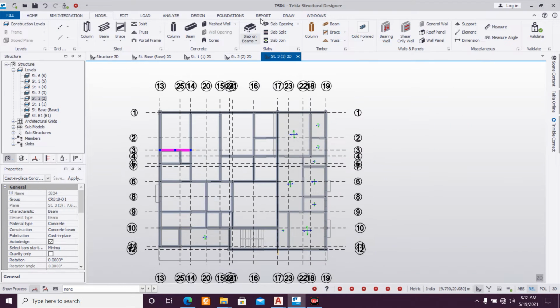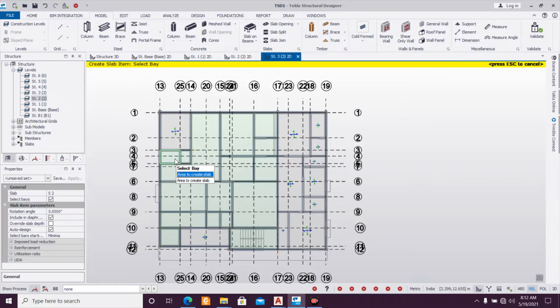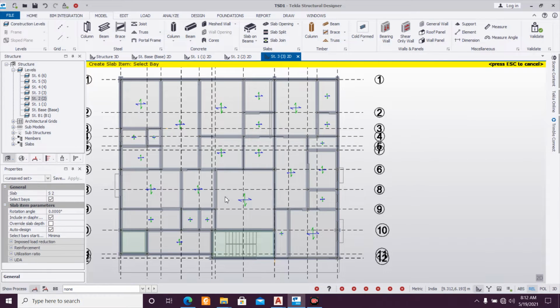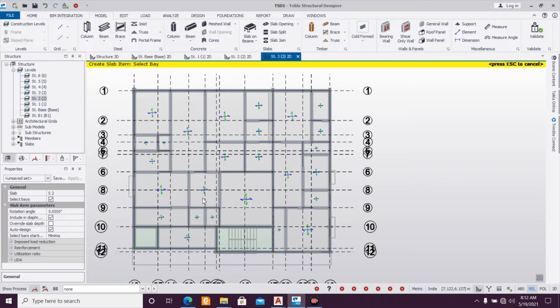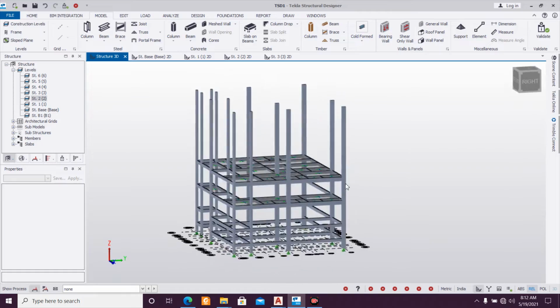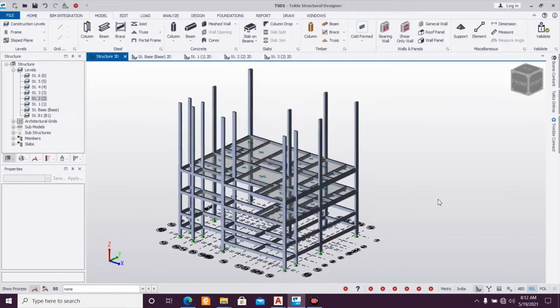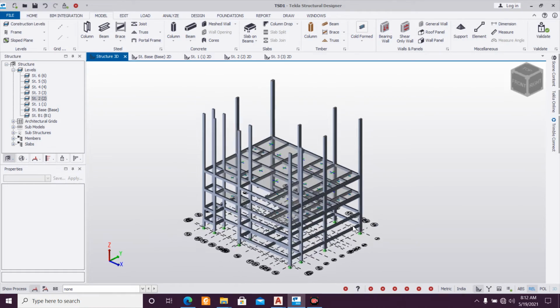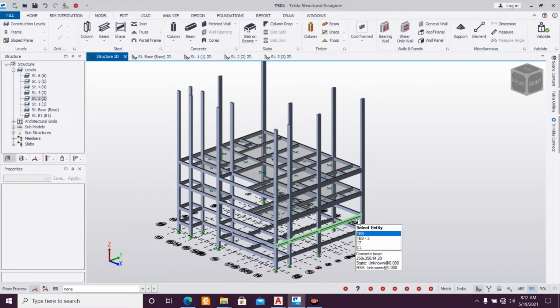So once this is done, just take the slab on beams and just put the slabs here. I'm just going to take the slabs for the self weight. I don't want it for any other purpose. So the slabs have been given, and after that I'm just checking the structure in 3D here, and after this is done,